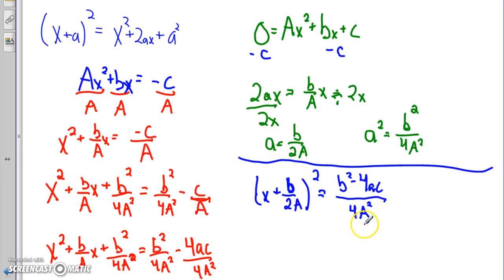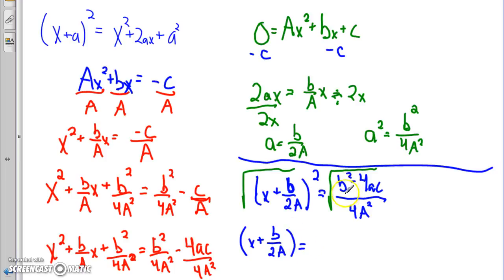All right, so now that I have this, I'm going to take the square root of both sides, right? Because I'm trying to get this by itself. So I'm going to take the square root of this side and the square root of this. This is where it's going to start getting ugly, but it's about to look nice. So when I take the square root of this, obviously that side's pretty easy. It's just going to be whatever's left in this middle. So you're going to have x plus b over 2a